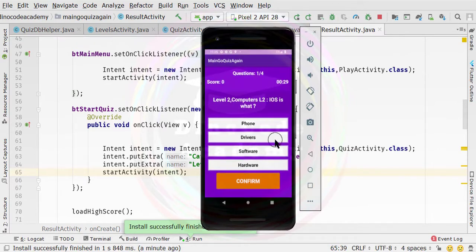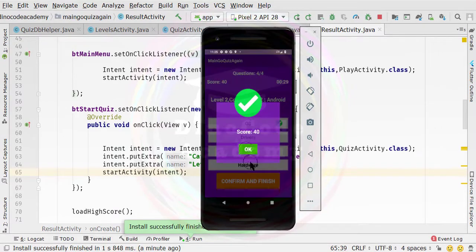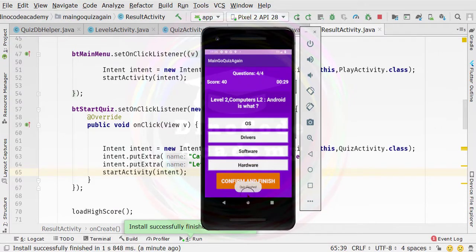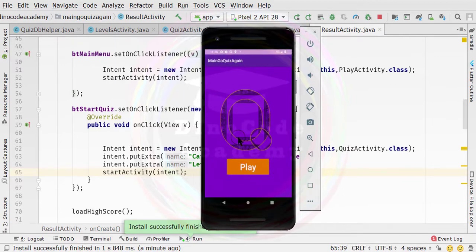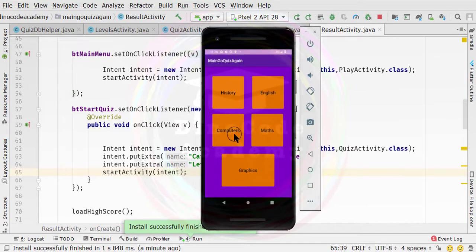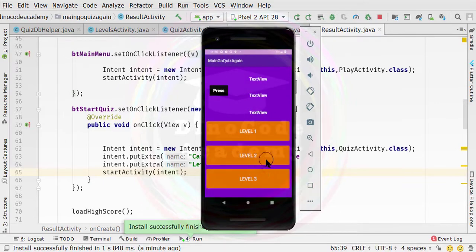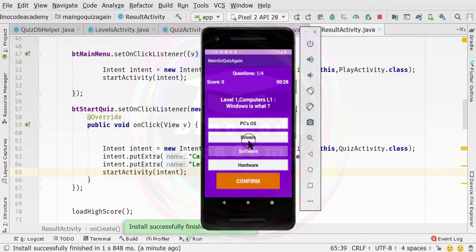If I click on play again, you can see our quiz restarted properly and we can still play the quiz. You simply click on confirm, confirm, and now confirm. Now the quiz is properly running. Okay. And if I click on this main menu, you can see we are now inside the play screen. If I click on play again and select computer, you can see our third level is also unlocked. If I click on this press button, you can see all the values are set to 1, 1. It means all the levels are unlocked. So here you can select the level which you want to play.